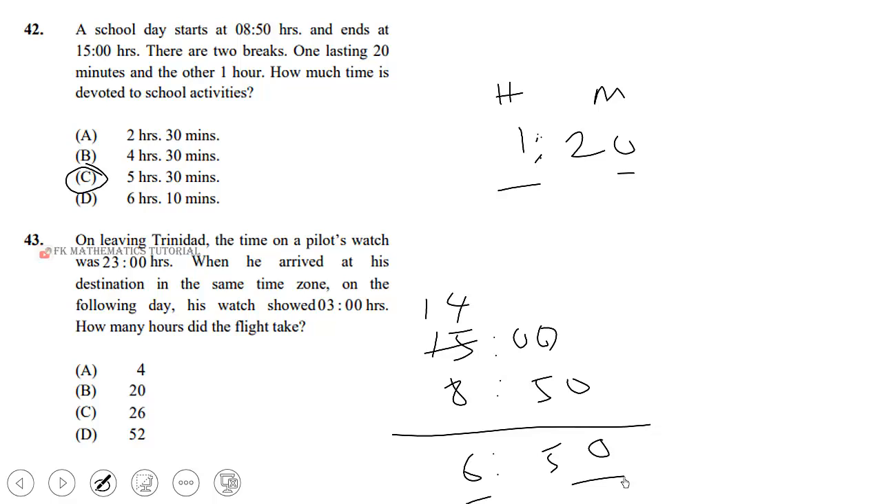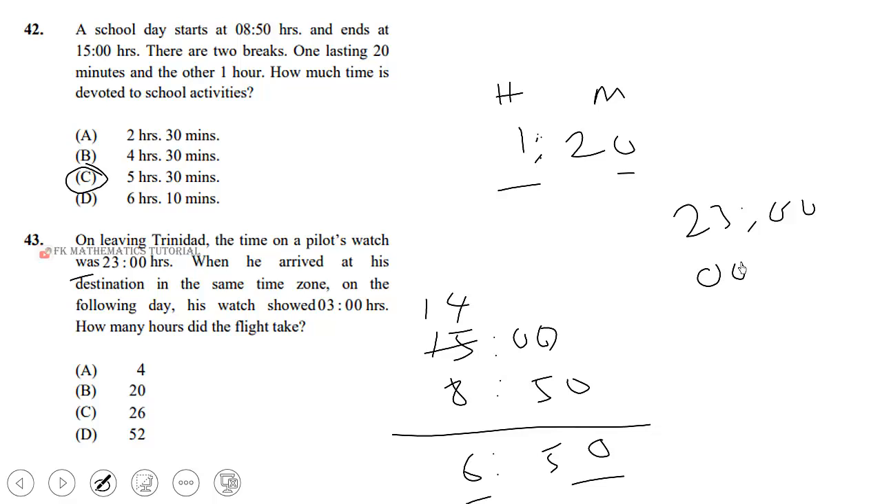On leaving Trinidad, the time on the pilot's watch was 2300. When he arrived at his destination in the same time zone on the following day, his watch showed 3 hours. How many hours did the flight take? So 23 hours. The next one will be